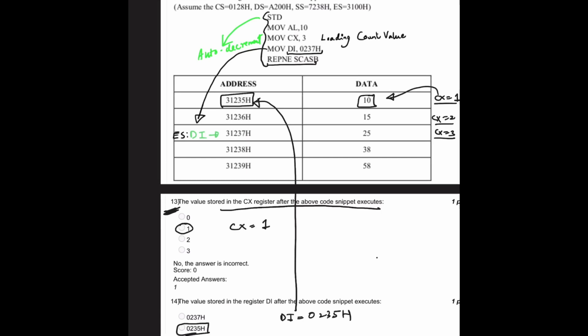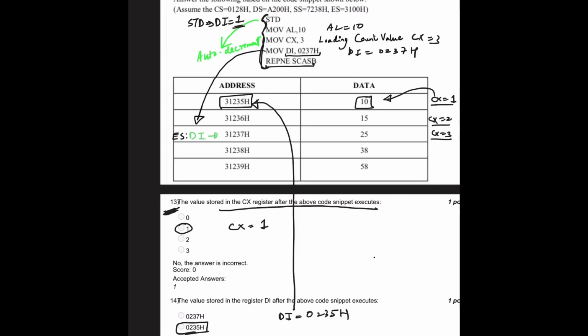The value stored in the CX register after the above code snippet executes. Let's look at this set of instructions one at a time. STD sets the direction flag to 1. MOV AL, 10. AL is equal to 10 and CX is equal to 3, DI equal to 0237H. REPNE SCASB. Since the direction flag is set to 1, DI will auto decrement and search for